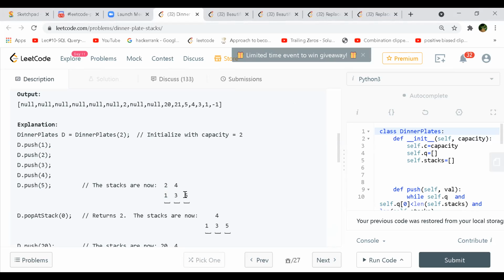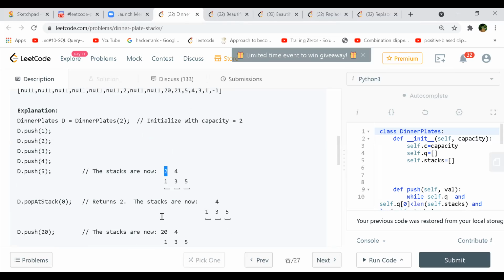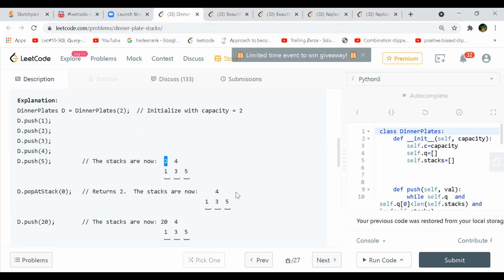Therefore 1, 2 is on one stack, 3, 4 is another, and 5 is on another. Then we have to pop, so it returns the top element of the first stack, because we want to pop at index 0.